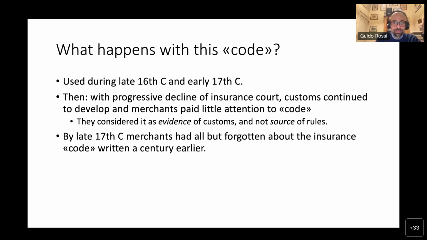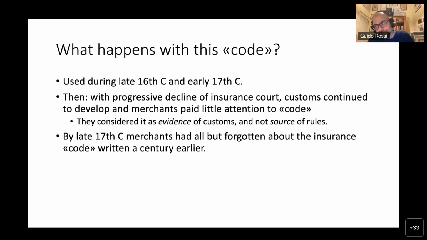The code was used. We have some evidence that it was in use during the late 16th century and the beginning of the 17th century. What happens then is that the insurance court, which was part and parcel of this plan of the government to improve things, began to decline. And progressively, people just ignored it and went to other courts to litigate their own insurance policies. So the insurance court falls into decline,